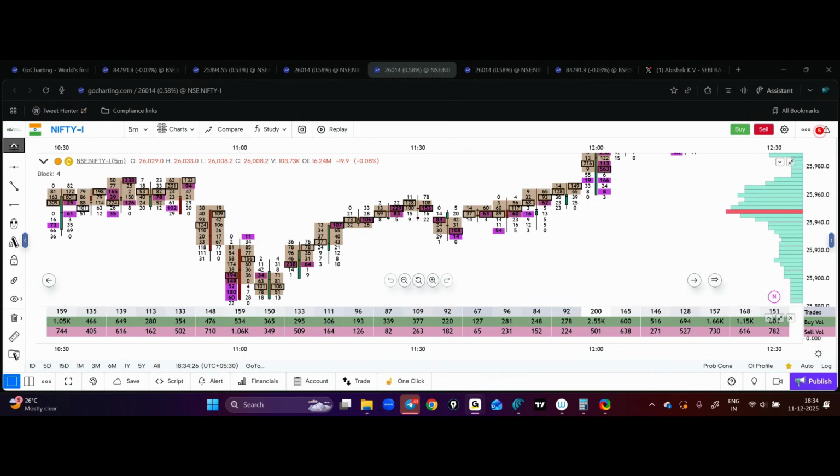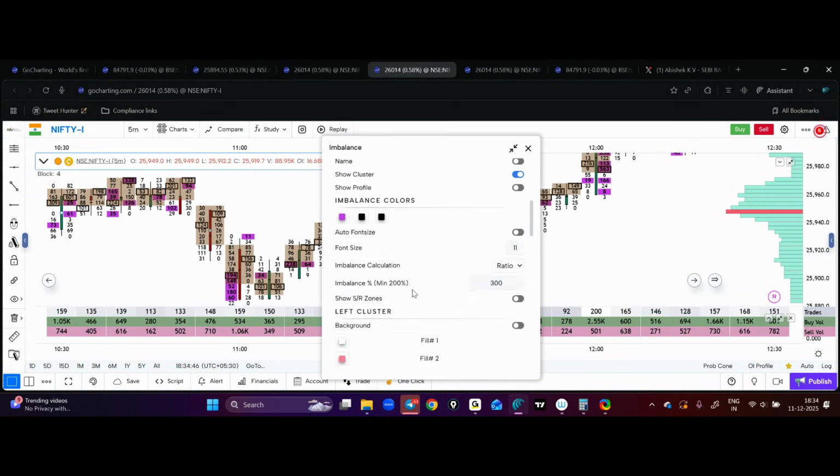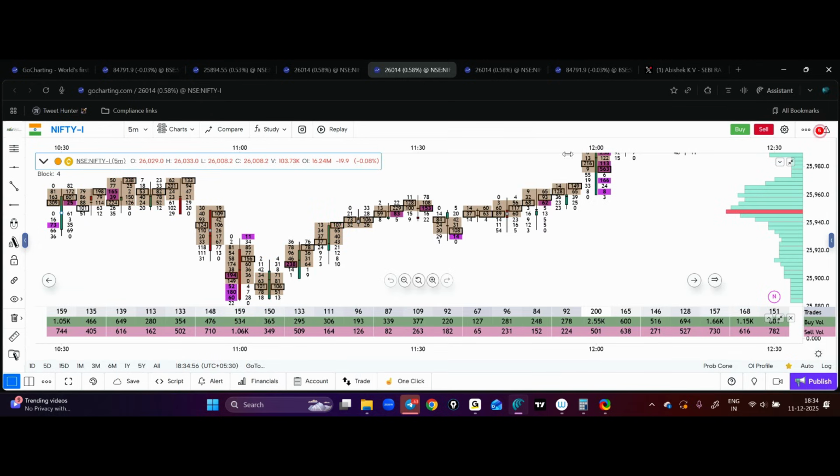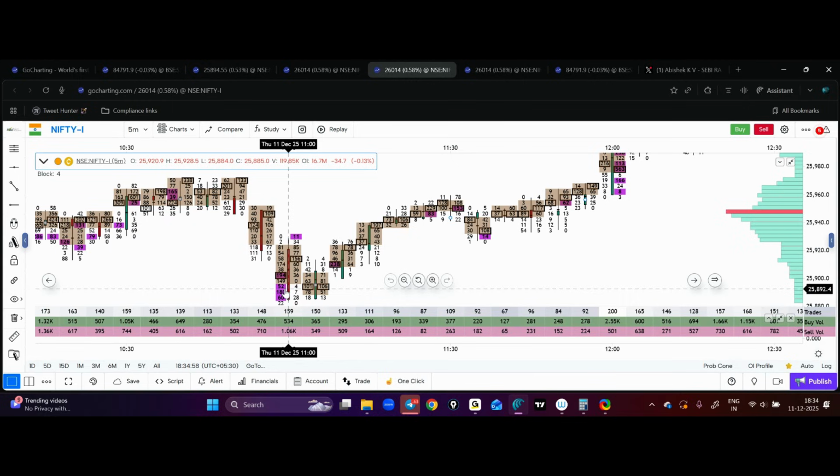Why are some in purple and some in brown color? What do they denote? Good question. So footprint charts basically have a feature where if the volume on one side is higher than the volume on the other side by a certain percentage, then it basically identifies it. So here, if you see, if I keep an imbalance of 500%, you're seeing certain purple